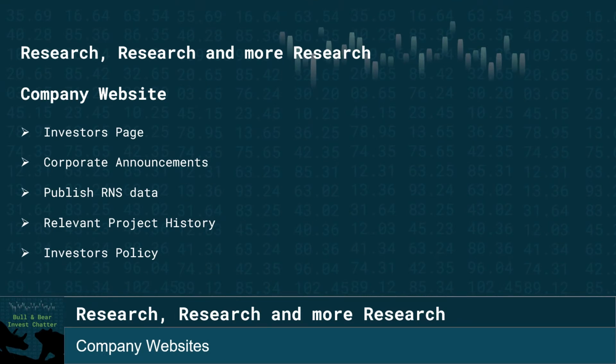One key resource we can't rule out is the company's own website. Most companies listed on the stock market will have an investors page. These pages will often contain the share price, latest trades, financial information, annual presentations, media news, news announcements, sometimes if you're lucky, even a corporate calendar.